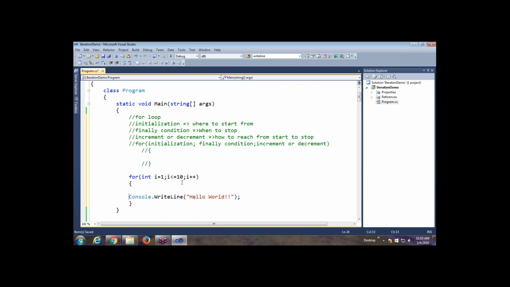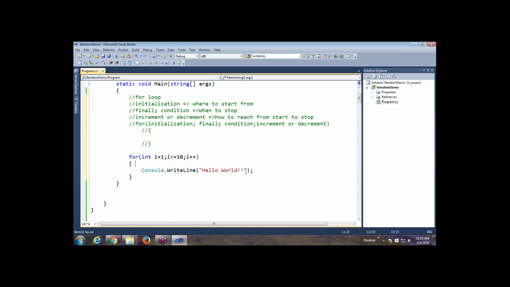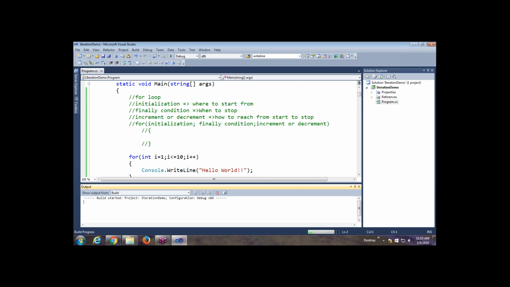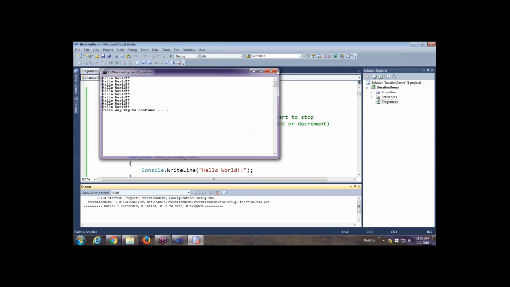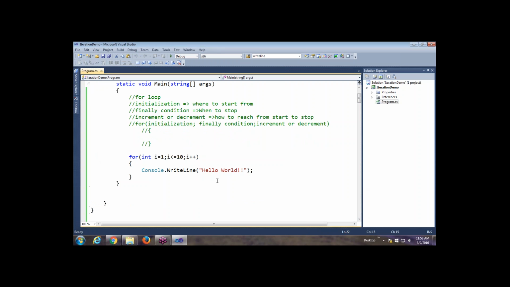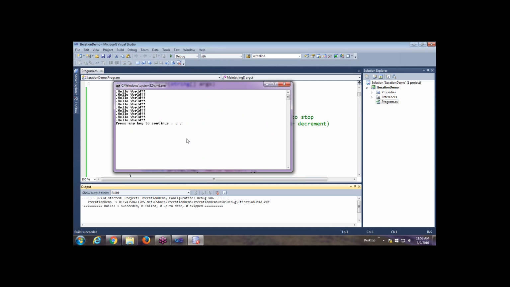So we will have the condition as I is less than or equal to 10. This makes the condition true 10 times. So now this statement will get executed 10 times. When I execute this, you will see hello world printed 10 times. Now, if my requirement is, instead of just printing hello world, I want the output to be 1 dot hello world, 2 dot hello world. So I want a dot here, so let me just put a dot here. First let's execute this. So every time you will see dot hello, dot hello, dot hello.